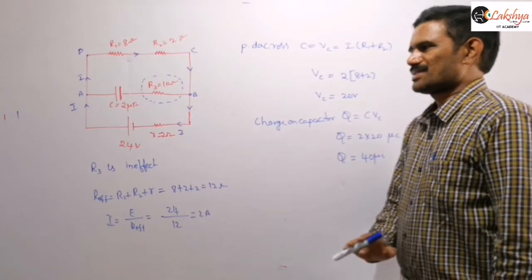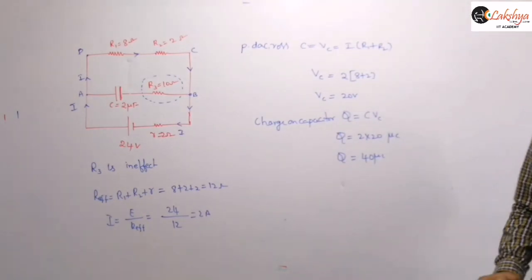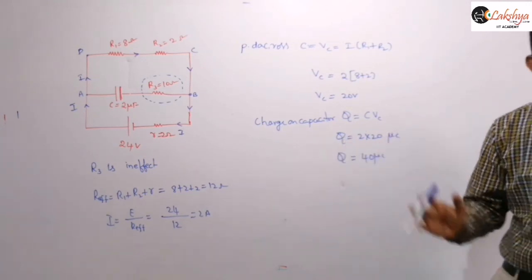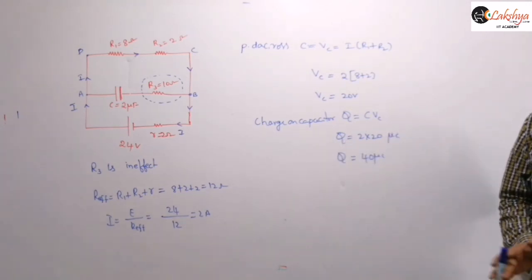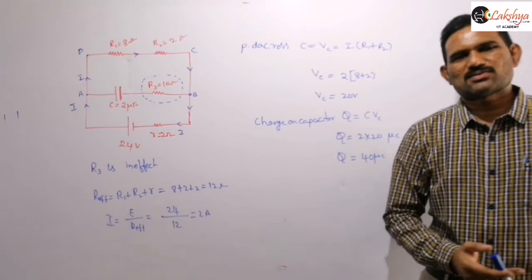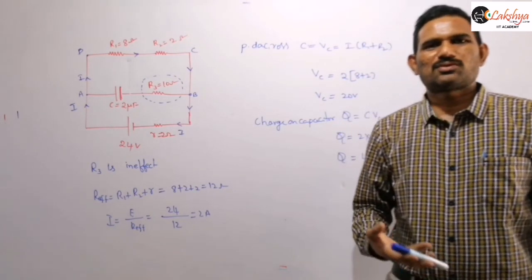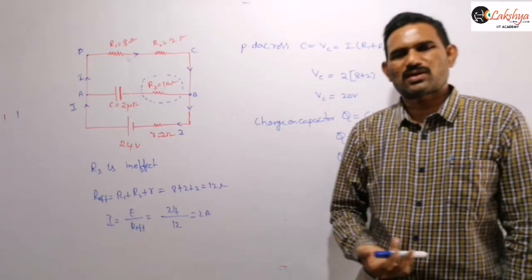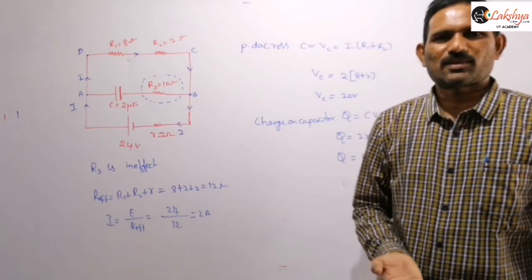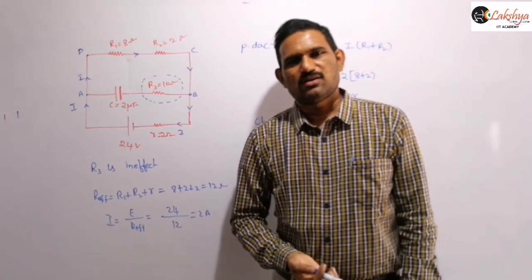So that is about this series and parallel combination of resistors and some numericals based on that, and these CR circuits in steady state, right? So then practice the problems based on the series and parallel combination of the capacitors. In the next class I will discuss the sharing of the charges. When two capacitors are connected, how will the charge flow from one capacitor to the other capacitor, right? So thank you.